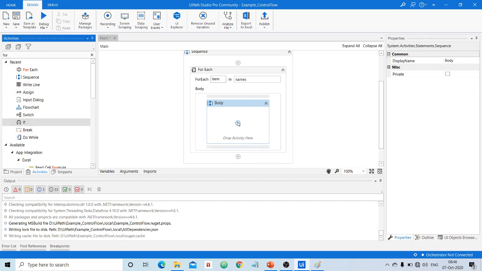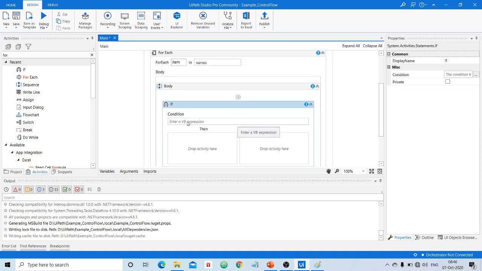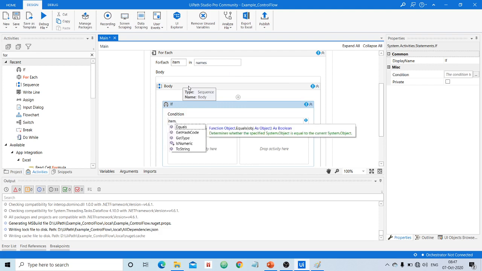We need to check whether the item, because every name in names is labeled as item here, item dot... I can't use equals.